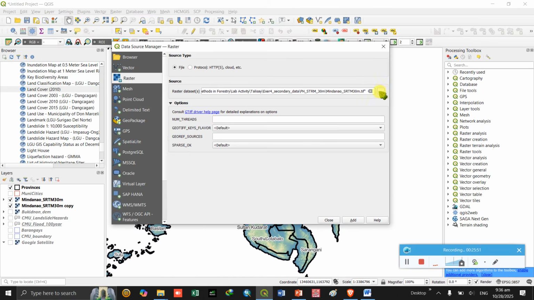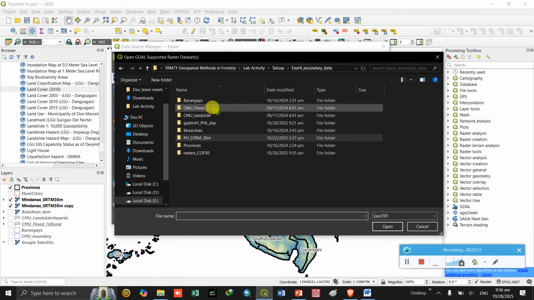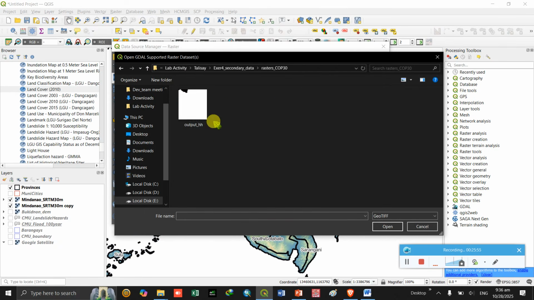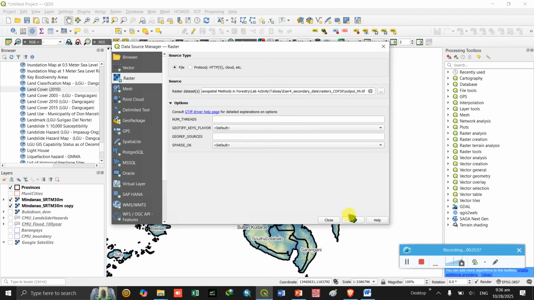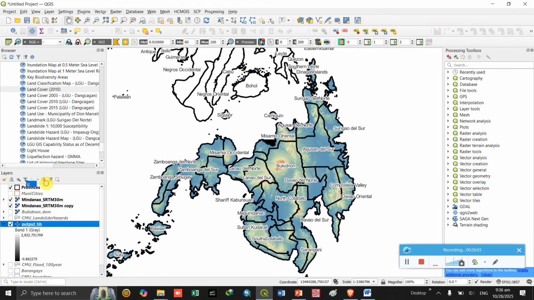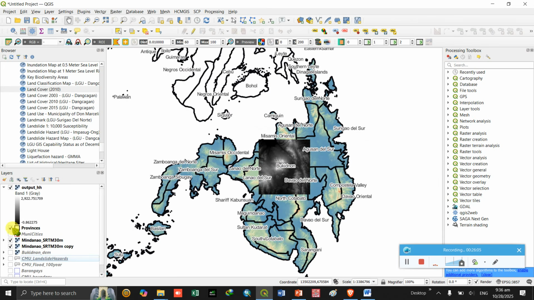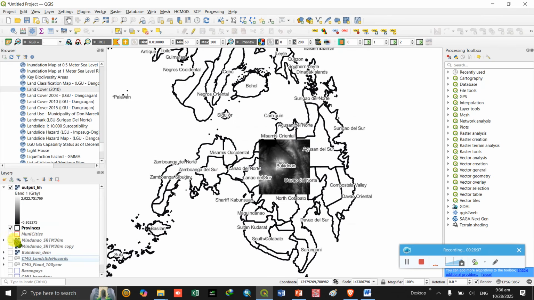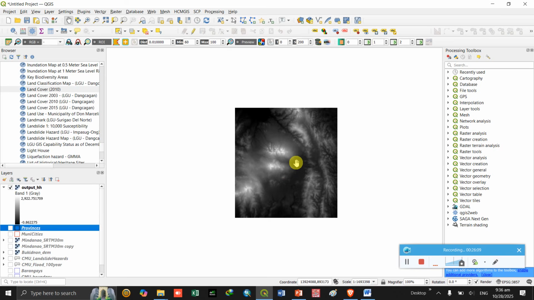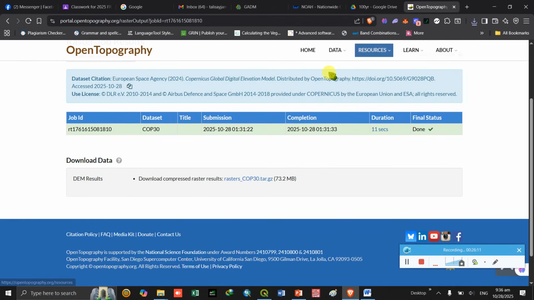Okay, let's try it. Raster, so this one. Okay, so this is the downloaded DEM coming from, of course, Open Topography.